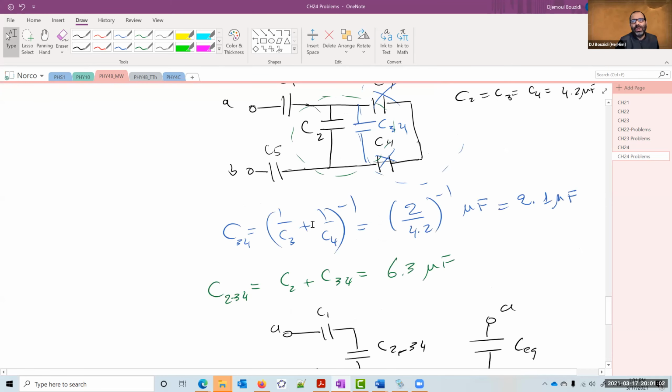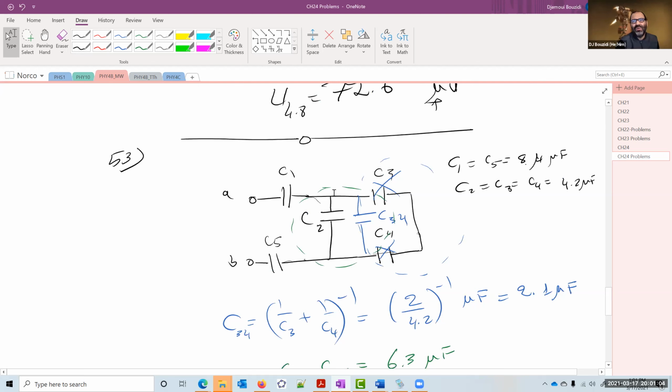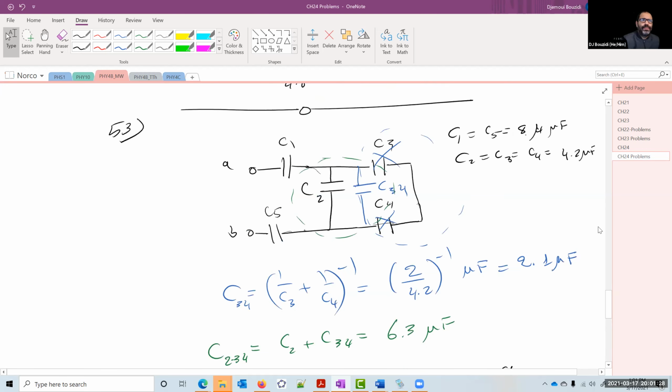Now I need to find the Q on 2. For that, I need to find the voltage in here. That's one way of doing it. I know that the 554 split itself between these two sides. Part of it went to C3 and C4, and the other part went to C2. If I find the charge Q2, then all I have to do is subtract it from there and I'm in business. Or I can check my answer that way too. So let's find the voltage in here.